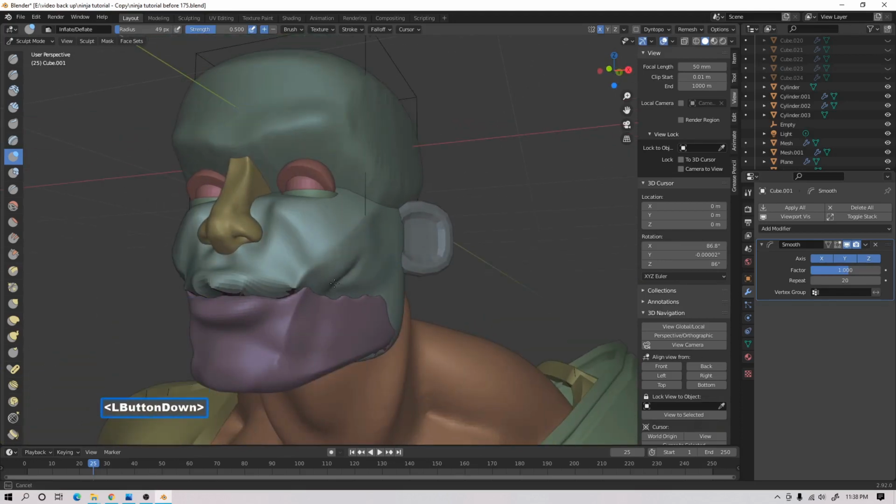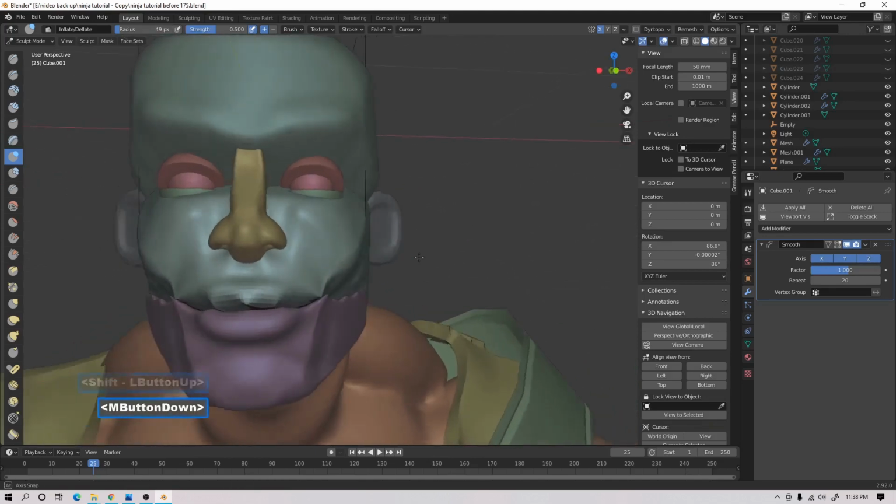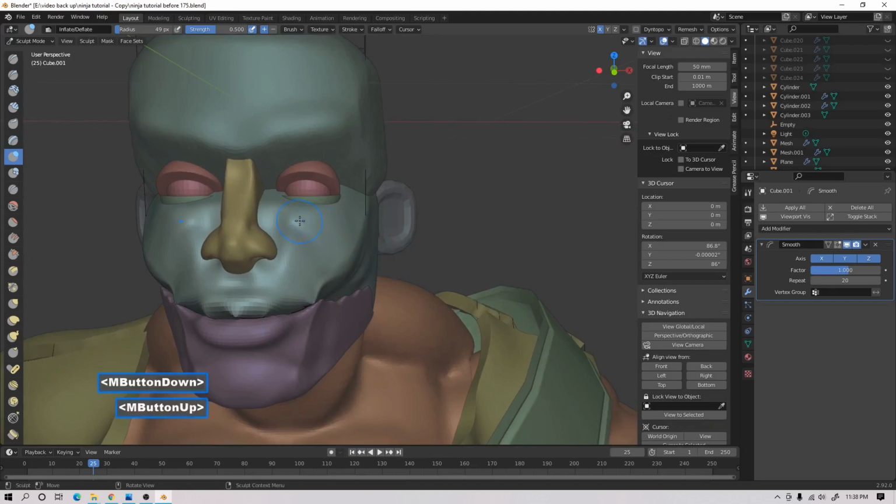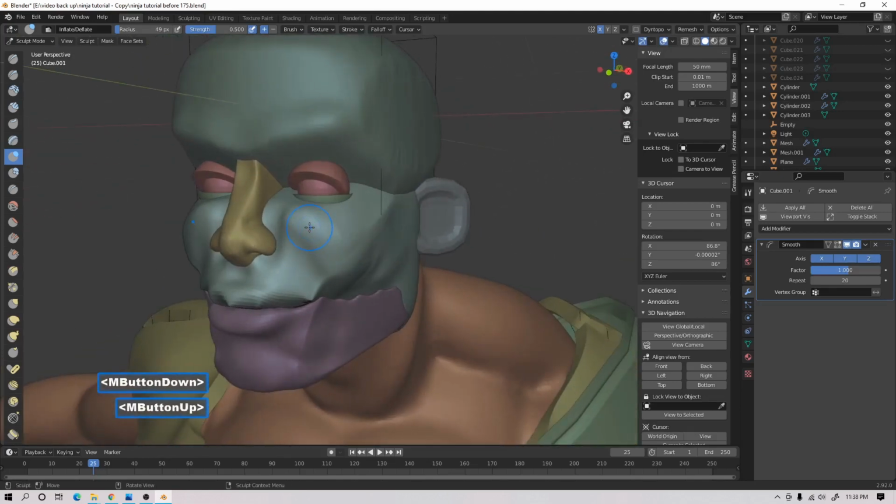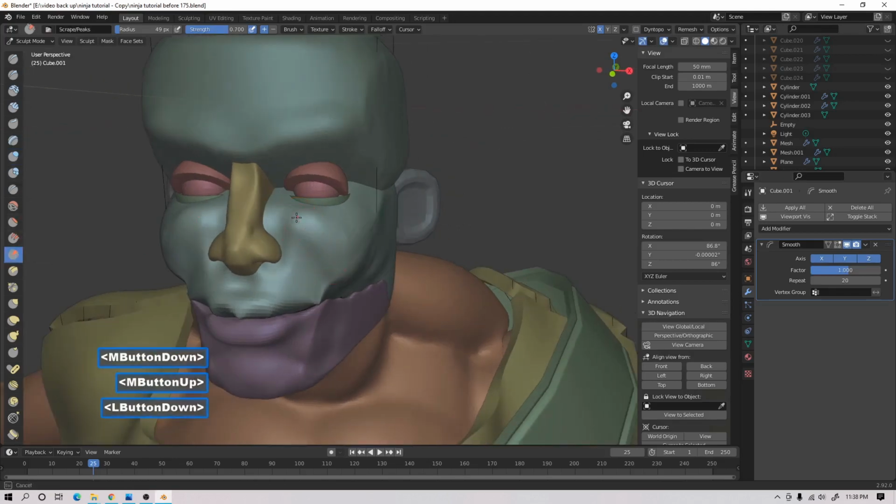Filling in some of that there. Adding some cheekbone stuff that I want to shape. I'll take the scrape. Oh, I see. All right, so